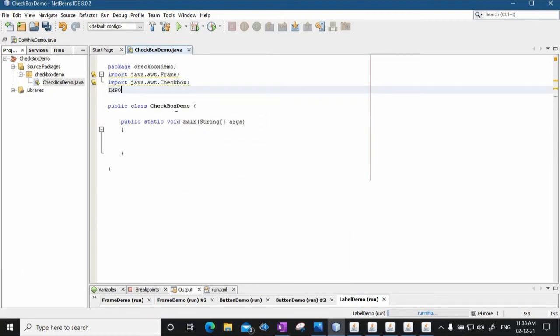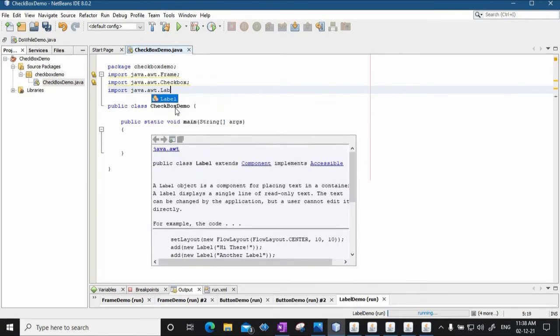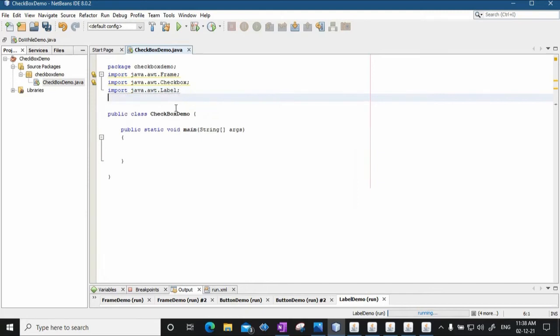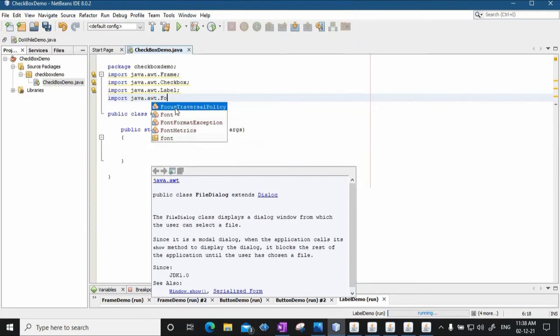Then I'll import java dot awt dot label, because we are going to use labels also. And then import java dot awt dot font, because we will also work with font.